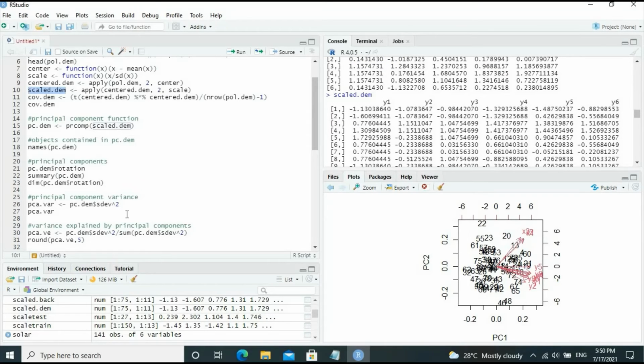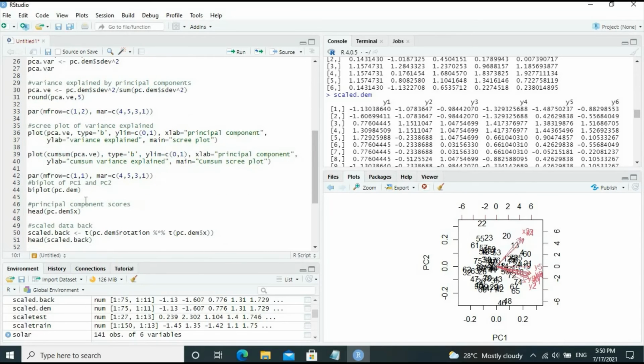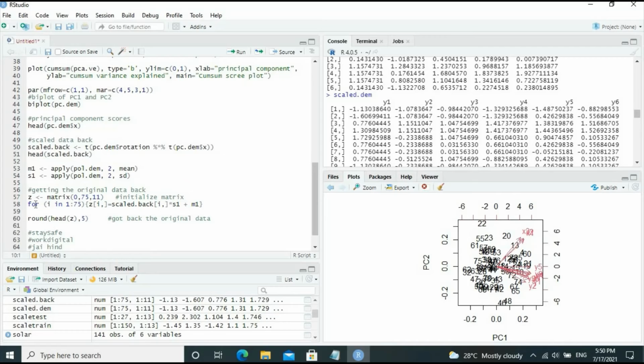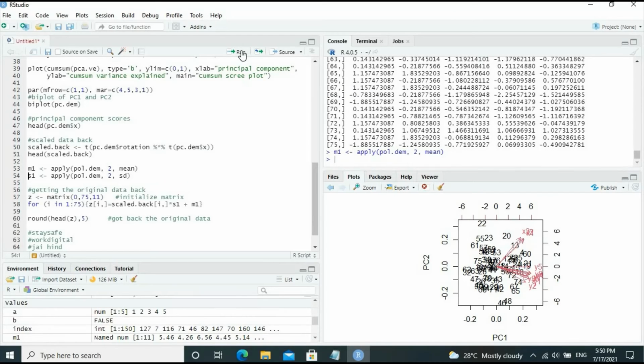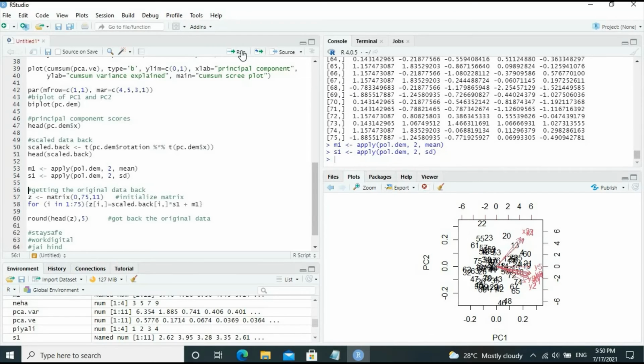And now let us run a little more commands and then get the original poldem data back. Now let's find the mean and standard deviation, so that we'll be able to revert the data from the scaled values to the original values.